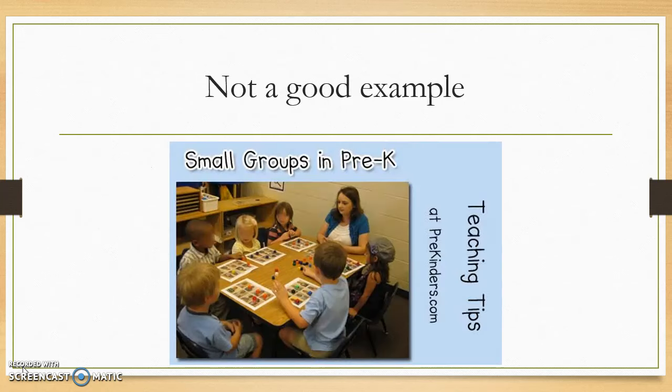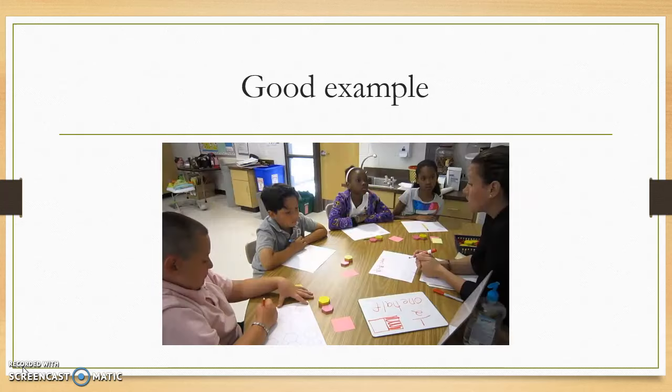It is recommended that you seat the students in chairs, not at tables or a desk, in a semicircle fashion. If teachers seat children at a table or a desk, they will have to work harder to keep the children's attention. As shown here in this picture, these children are sitting across from each other, and they're probably more focused on each other than what the teacher is talking about.